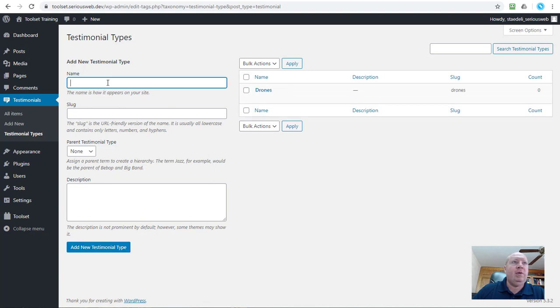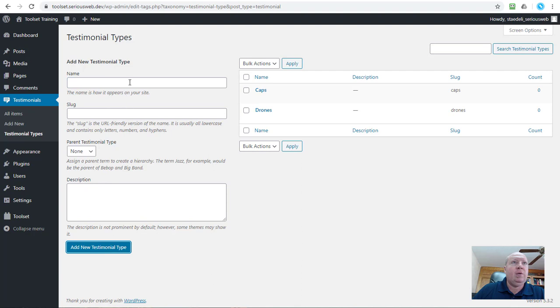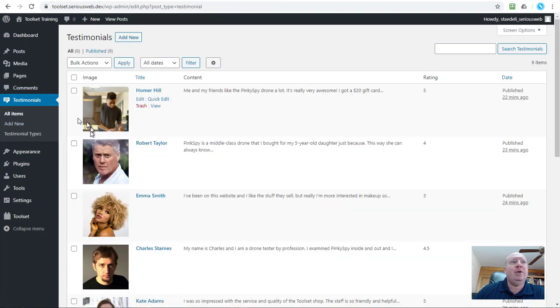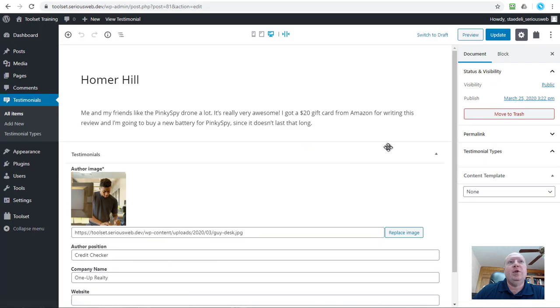Drones. Then we have baseball caps. And we have general. So this is better to do it this way, so it's more organized and I'm not going to have typos and all this. So it's better to have your categories set up first, and then you go in and you assign them to each of these